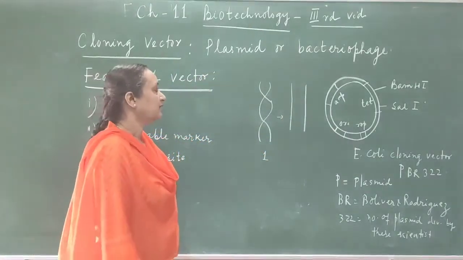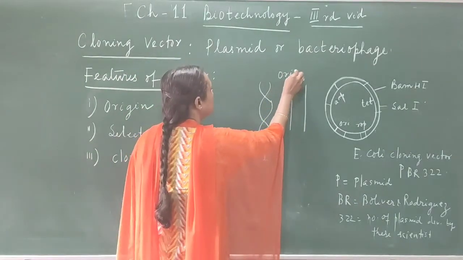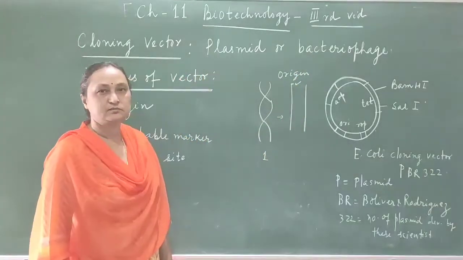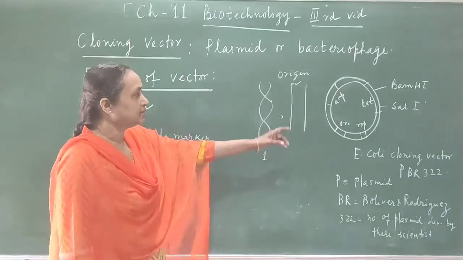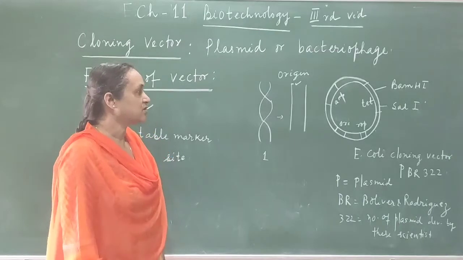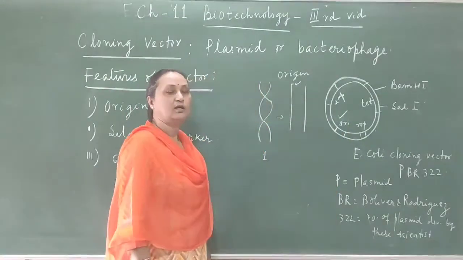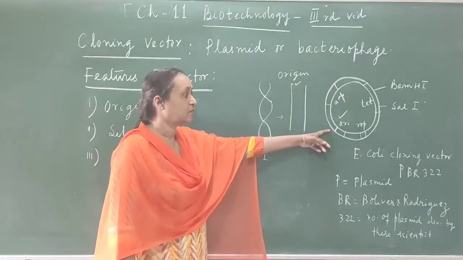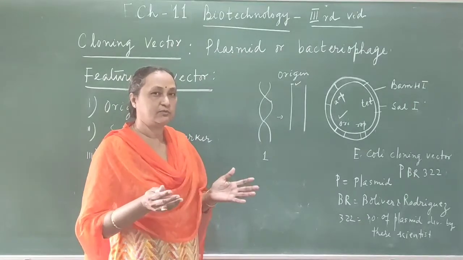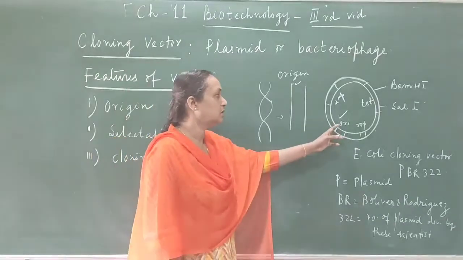Alright. Now the DNA has a specific point. That specific point is called origin, and replication will start from this point. Similarly the plasmid, which is acting as a cloning vehicle, is also having a specific point which is called origin. This is a circular DNA, but when it replicates, it can open up and become a straight molecule, and the process will start from the specific point which is called origin.